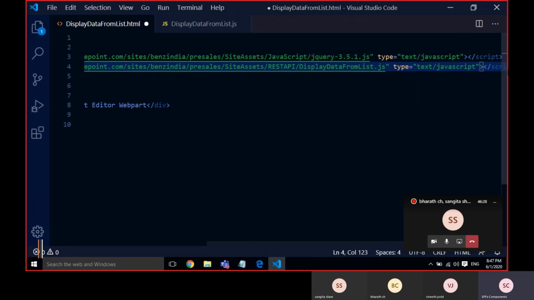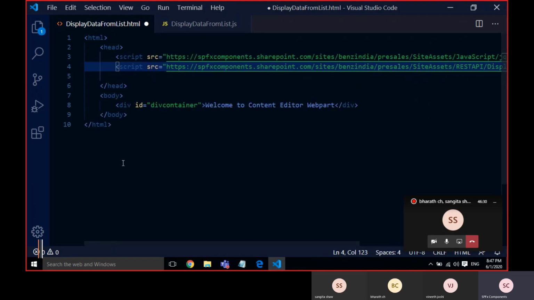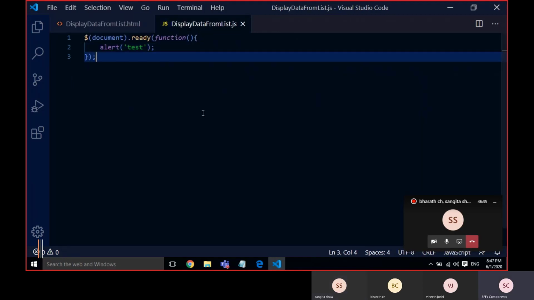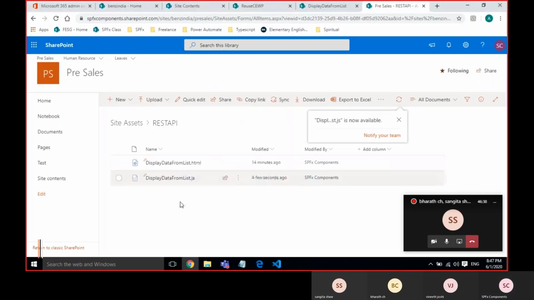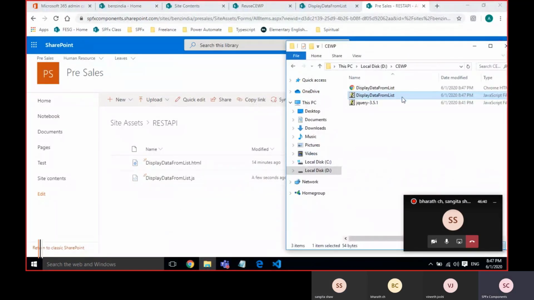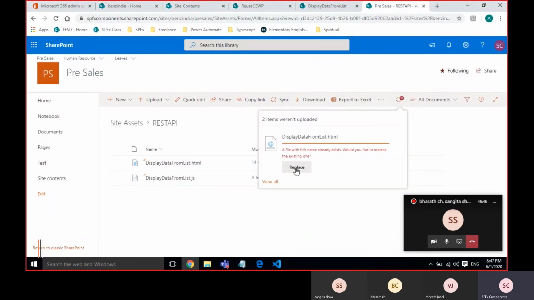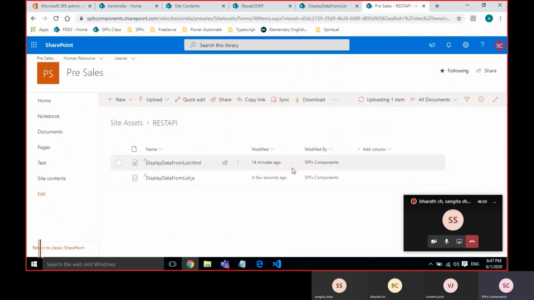So it is a JS file, so I just give the path. I'm saving both the HTML and JS file. Since I have changed both, I'm uploading it to the REST API. You have to replace it if it already exists.